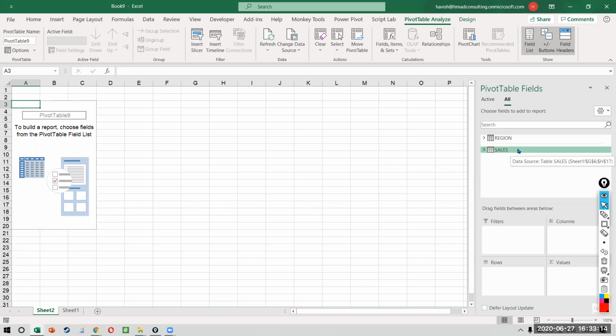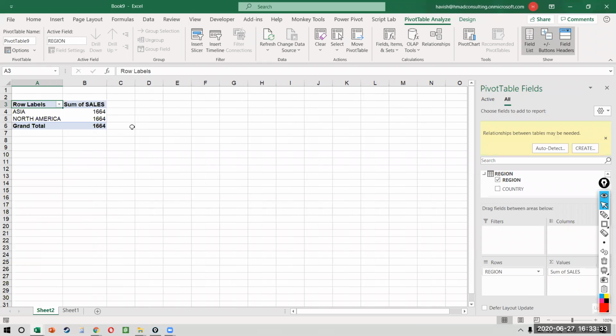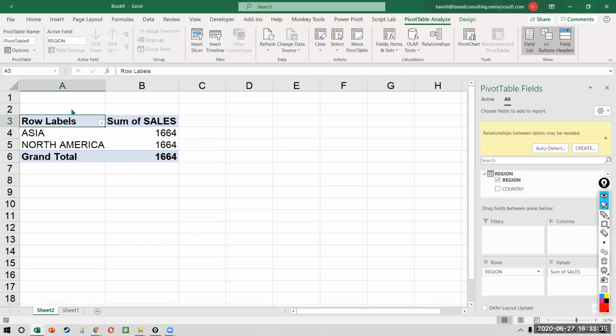Now, how did Excel know that the sales table also had to be brought into this? Because these were tables, you did not have to select them manually, right? And if I select the region from here and I select the sales from here, very smartly, you would notice that we are selecting one column from one table and the other column from the other table.